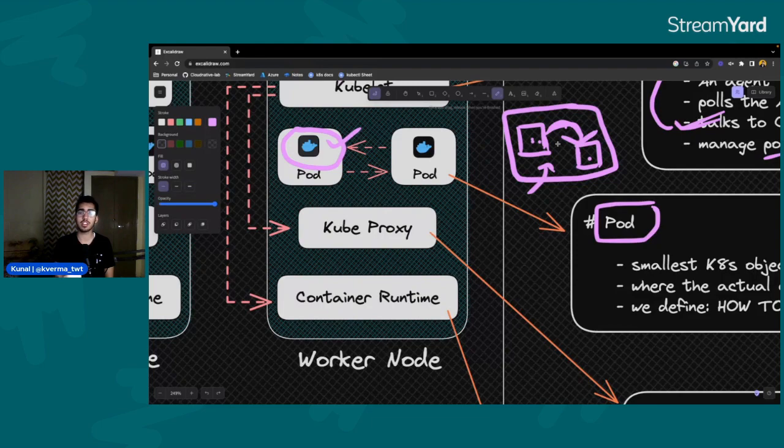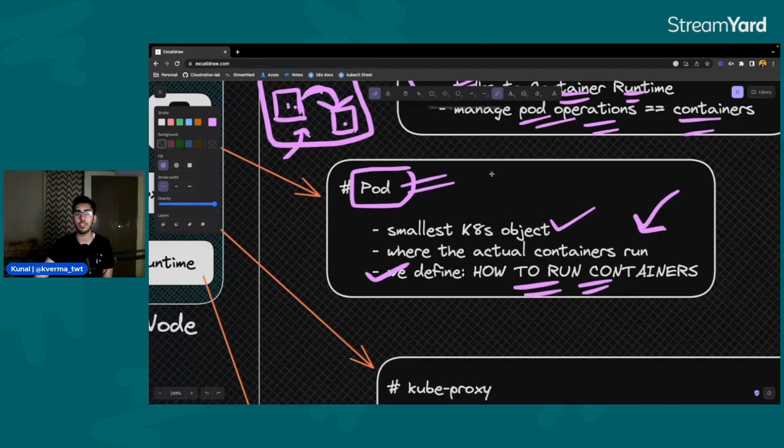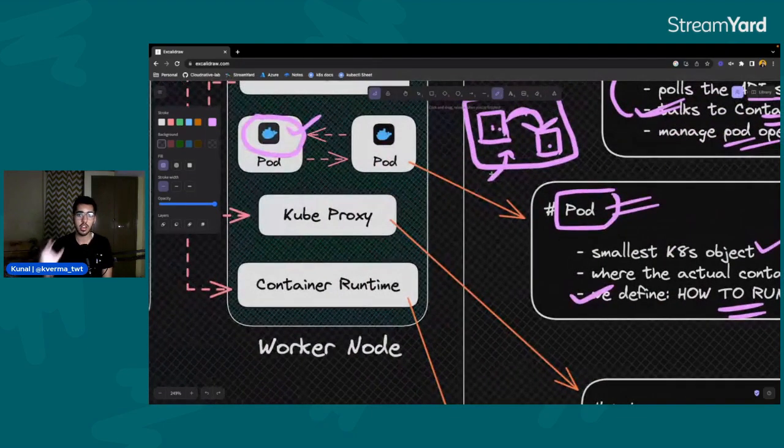If I was not able to explain clearly why we need a pod, you can search it on the internet, but I believe this is the reason why we use pods instead of a simple container. Lastly, we define how to run the containers, and everything is taken care of by the pod. We just define this is the container, these are the ports it's running on, and these are the other containers it needs to communicate with, if there are any. And then the pod is the one which does the actual task of running these particular applications. I hope you got the idea.